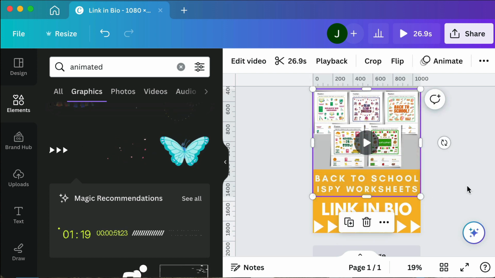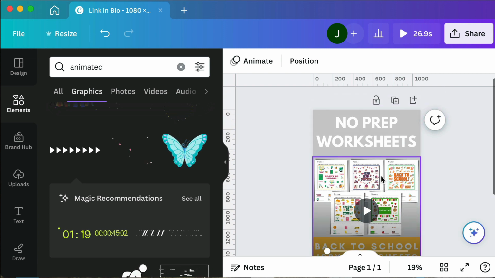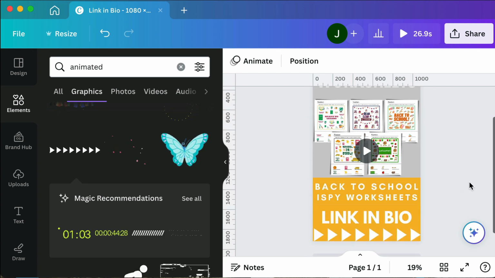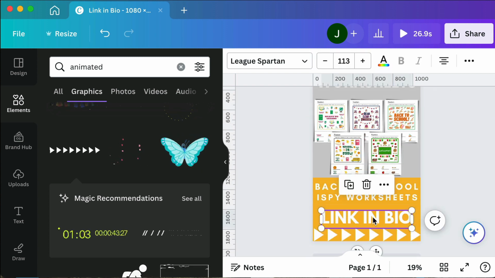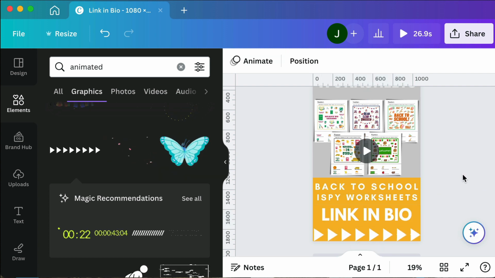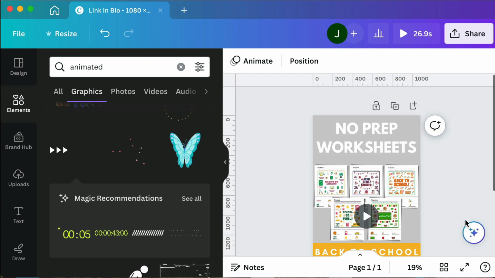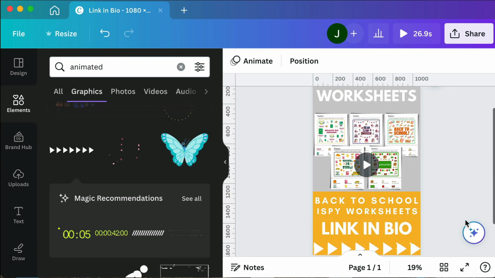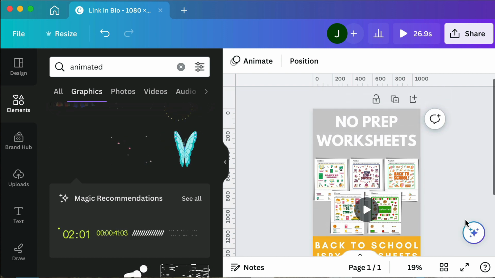And then as you can see, I kind of cut this off down here. So that's good that you kind of look through there and see. So this is how I will create my first pin. So even though we're going to be doing multiple pins, I kind of like them to look a little different. So we have this first